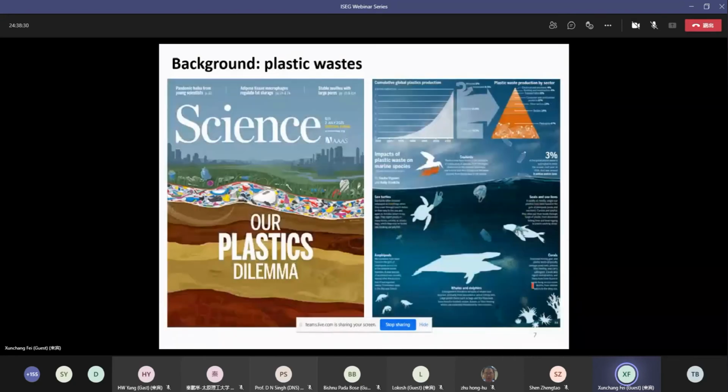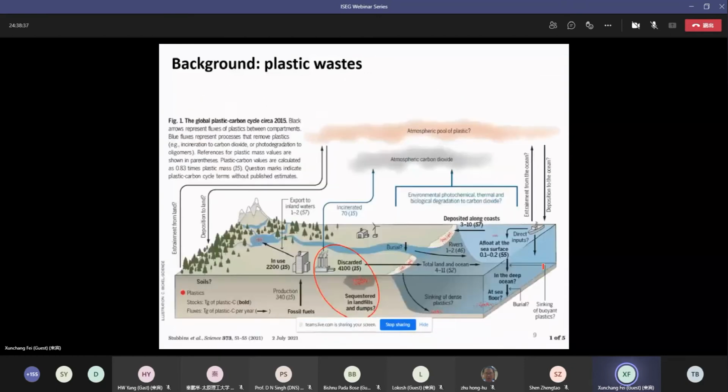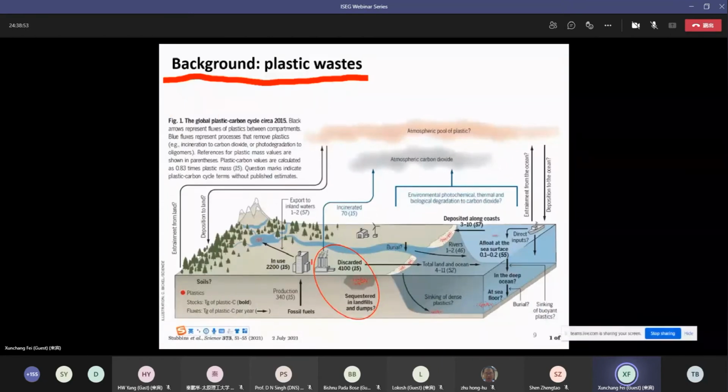Right now I'm talking about this slide, background knowledge about plastic waste. This is a busy figure. Essentially, it's taken from a Science paper that was very recently published, in 2021. It's a busy figure, but nevertheless, I'm going to pick out a few things to discuss with you. Basically, this figure shows the overall plastic waste flow in the world, meaning everywhere. But I circled here